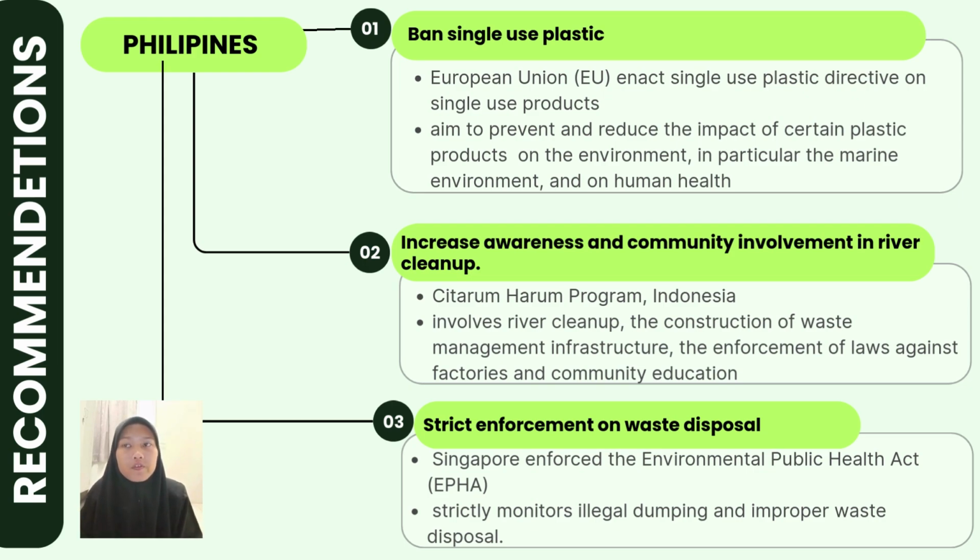Lastly, moving to the Philippines, we have identified several key recommendations that can help in protecting rivers from pollution. First, banning single-use plastic. It is important because these items are the biggest contributors to marine and river pollution. They are used once, thrown away quickly, and end up clogging waterways, harming wildlife and affecting human life. By introducing a national ban, the Philippines can reduce waste at the source and ensure the quality of the river